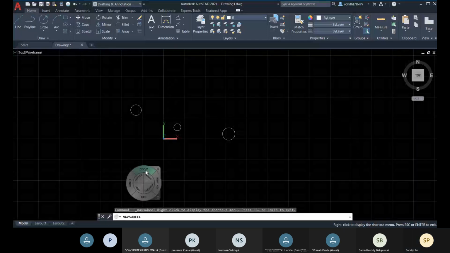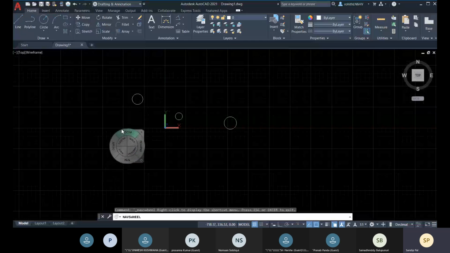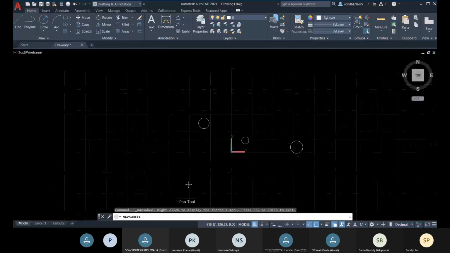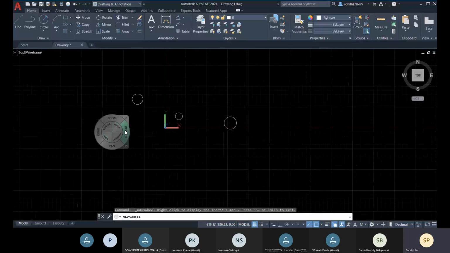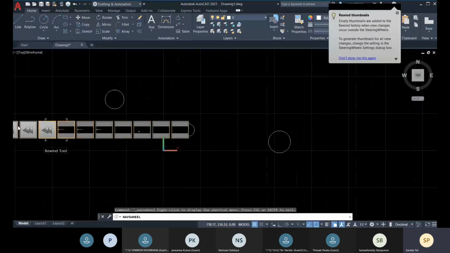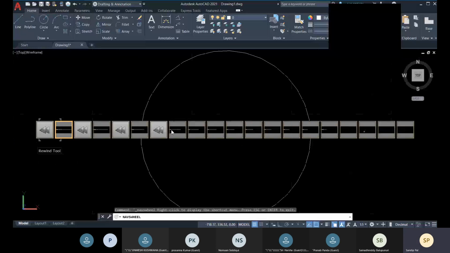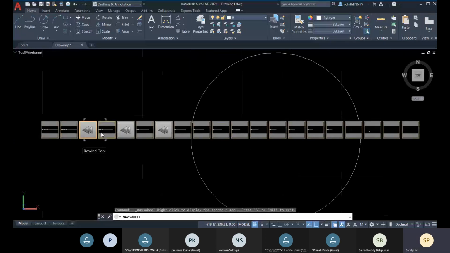Whenever you release your click, you will have that steering wheel back again, and you can have pan. You can also go for rewind. Rewind lets you go through all the previous positions, and you can go all the way back to the initial position.